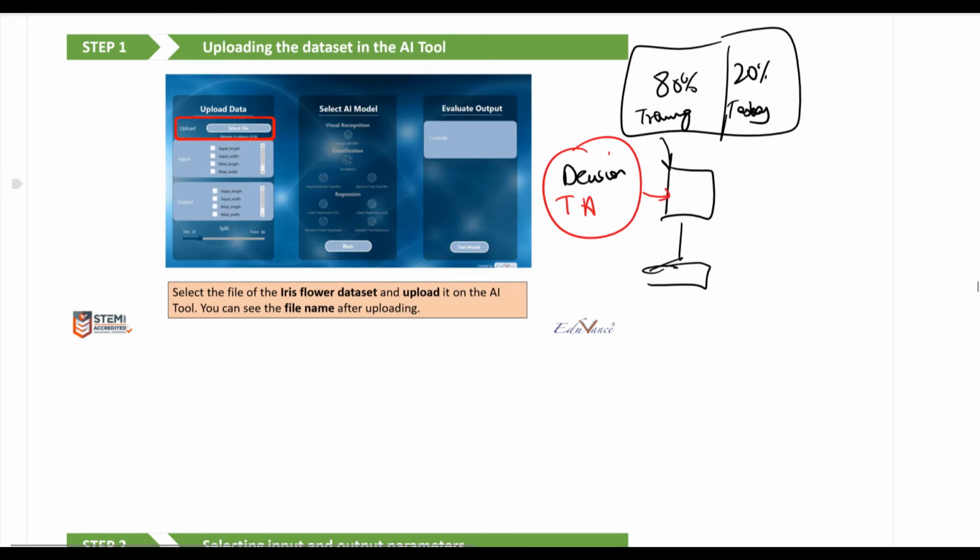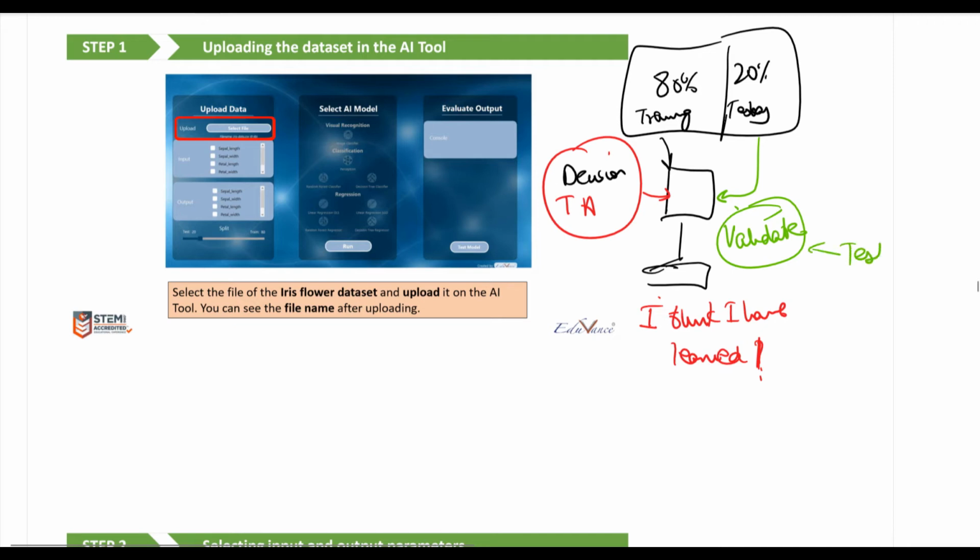And once the training is done, the machine says, I think I have learned. So you say, well, if you've learned, let's take this 20% data and test you or validate your learning. So validate also means test.